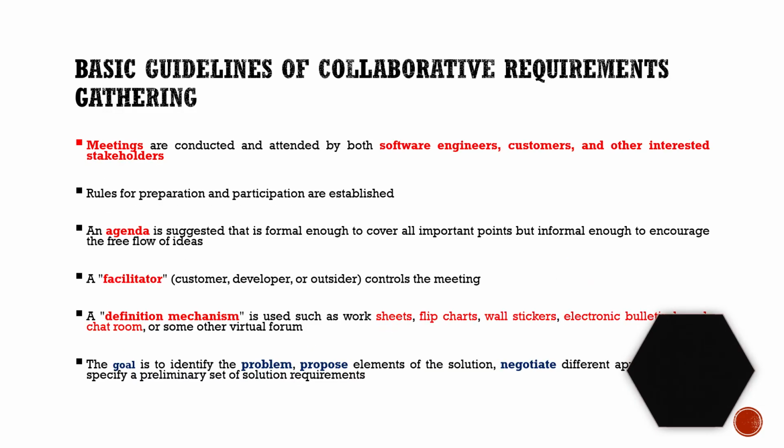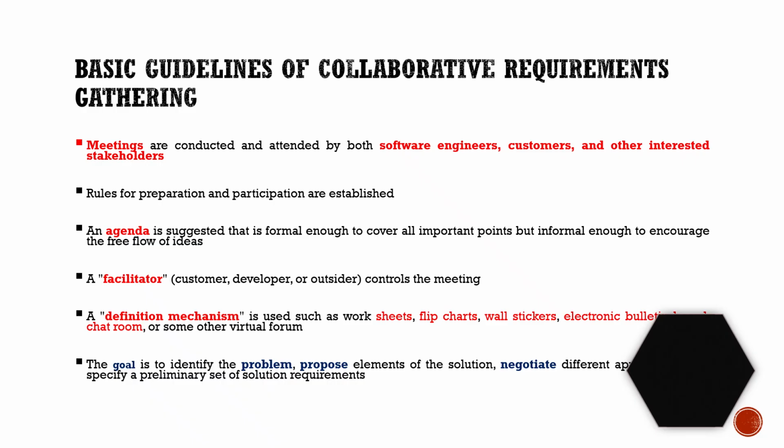So here are the guidelines to collaborate meeting requirements. Last time we said that elicitation can be done in two ways. The first one is elaboration requirement gathering. In this, meetings are conducted and attended by the software engineer, customer, and other interested stakeholders. Rules for preparation and participation are established. An agenda is suggested that is formal enough to cover all important points but informal enough to encourage the free